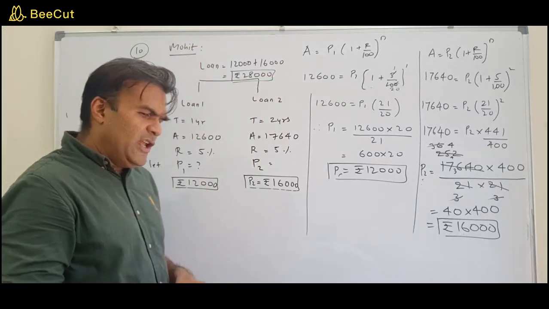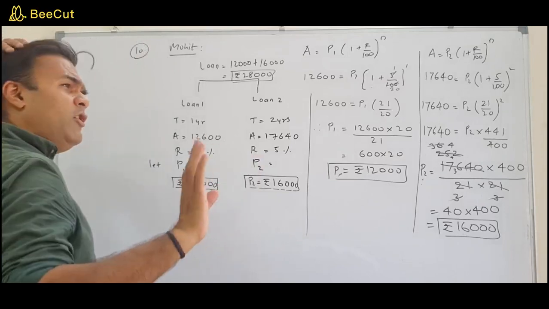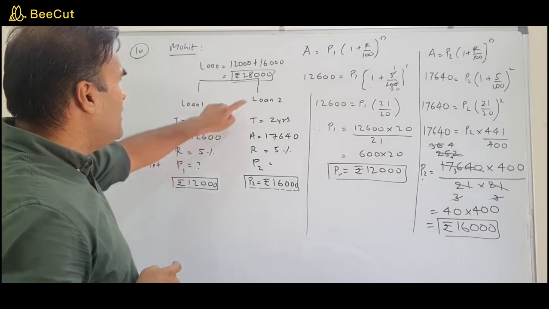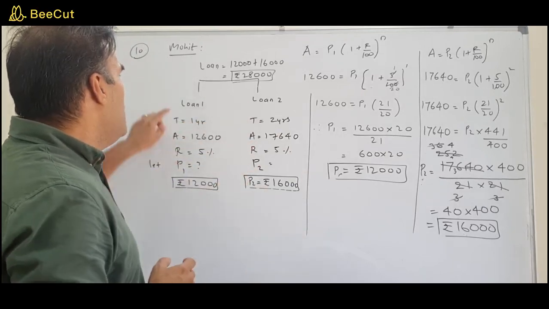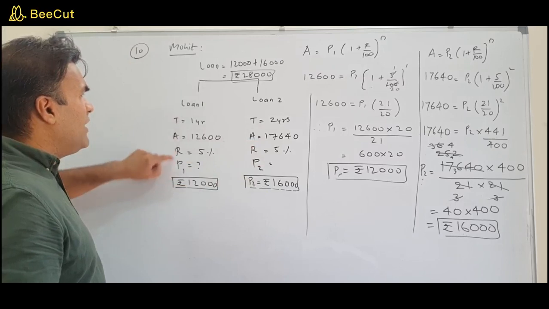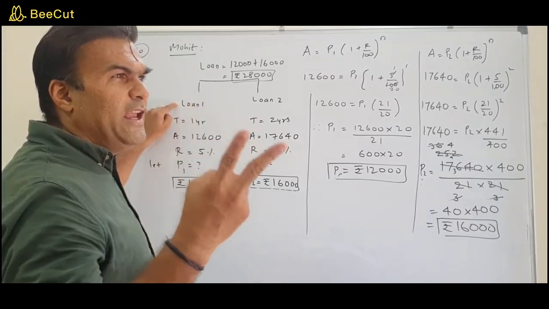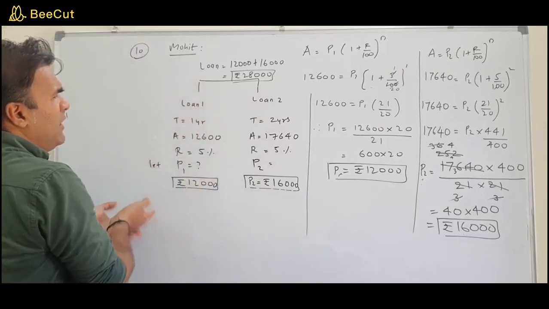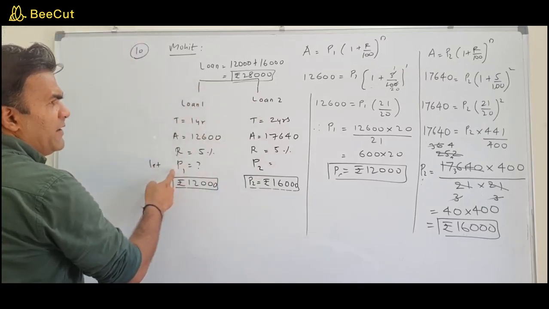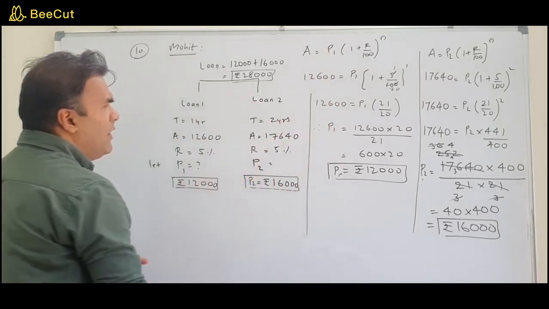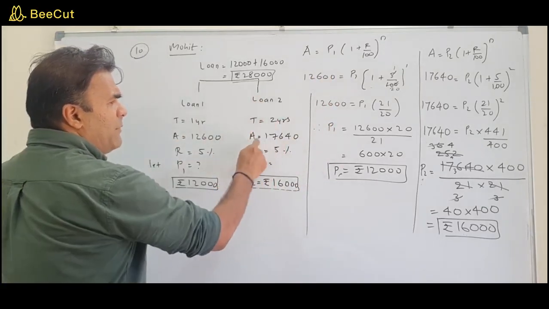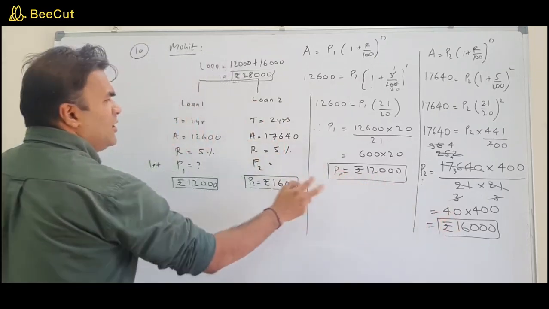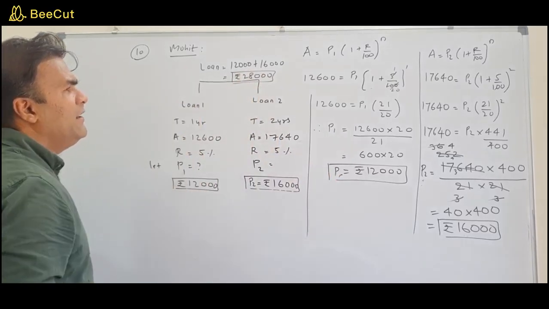What is asked in the question? They have not mentioned two loans. They only mentioned Mohit took a loan and he repaid at the end of 1 year, and this is a repayment at the end of the 2nd year. So the loan repaid at the end of 1 year I call loan 1, and the one repaid at the end of the 2nd year I call loan 2. So this becomes an independent question: time given, amount given, rate given, find principal. Found out by applying the simple formula. The principal of this plus this is the total principal of the loan that Mohit had taken in the beginning.